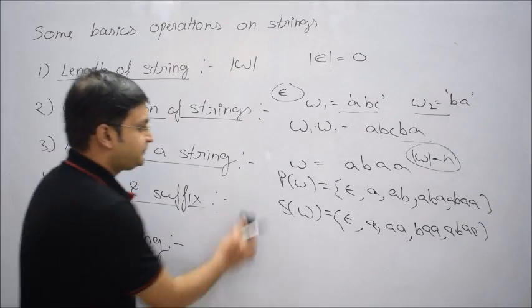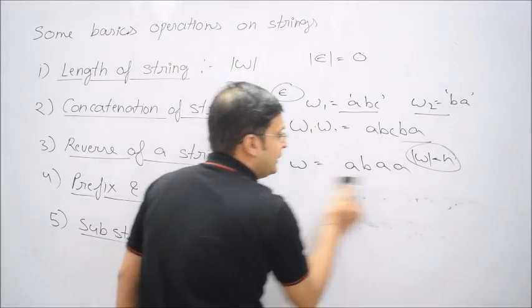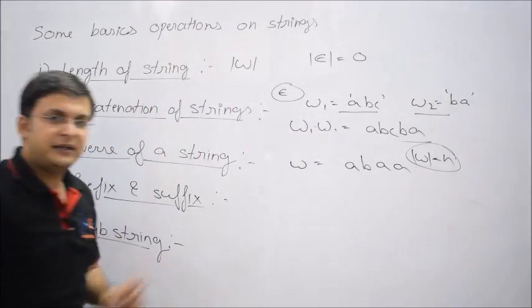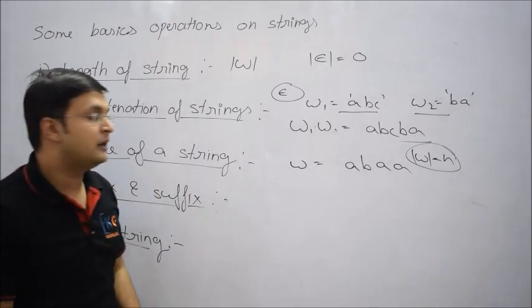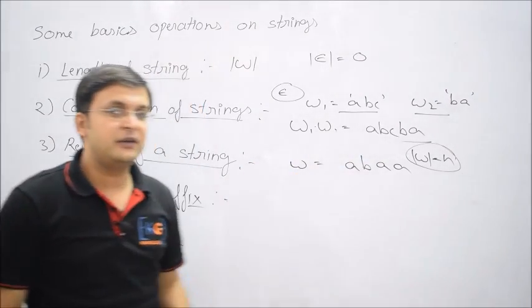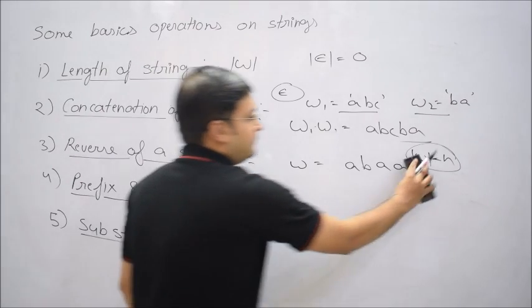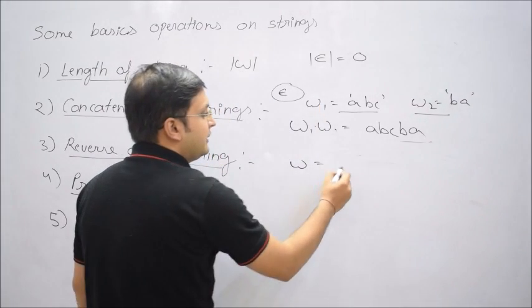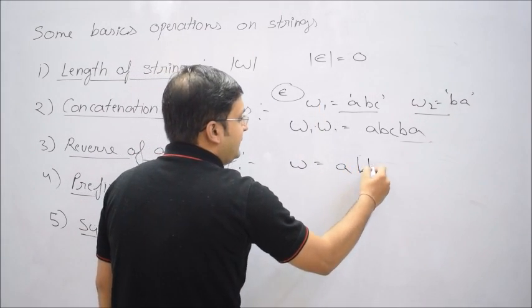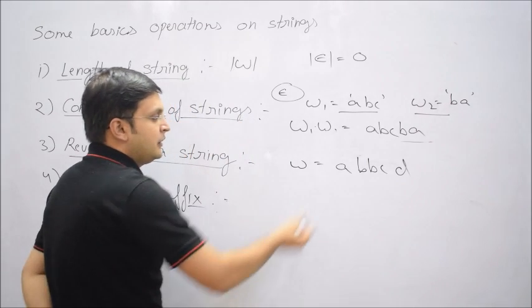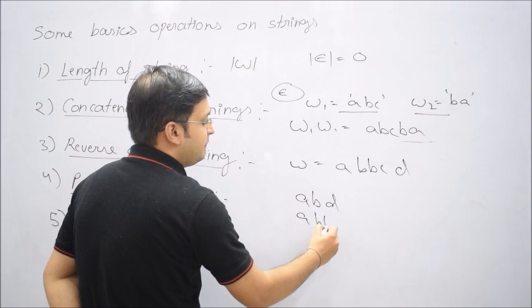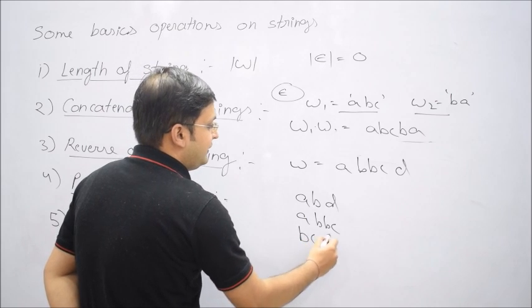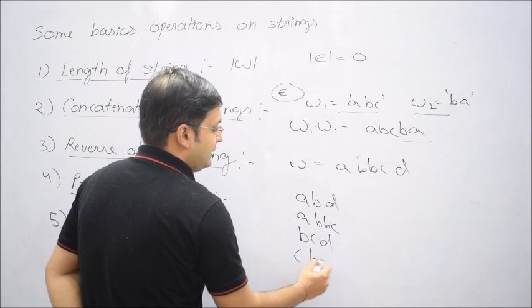Now you see, substring is a little bit different compared to prefix and suffix. What is a substring? These symbols must be contiguous and in order. For example, let me write a reference string. If I say ABBCD, let me ask you whether ABD or ABBC or BCD or CBA, which of